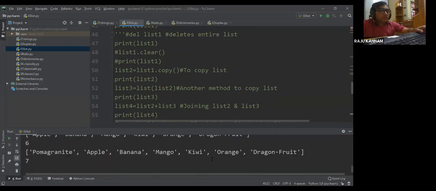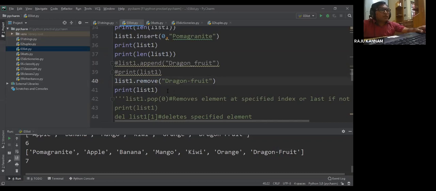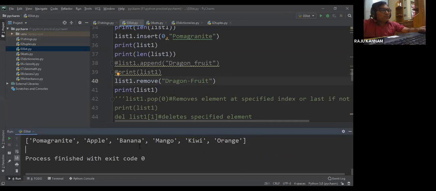Dragon dash fruit. Okay, so here also I'm giving dragon dash fruit. F capital. Okay, F capital, right. So all these problems. Okay, now it is removed. Thank you. Now it's removed, right?